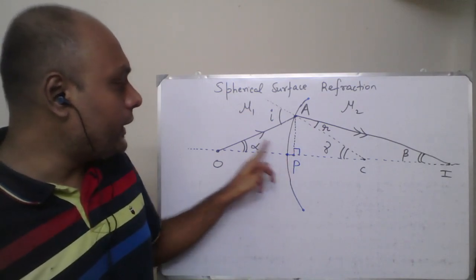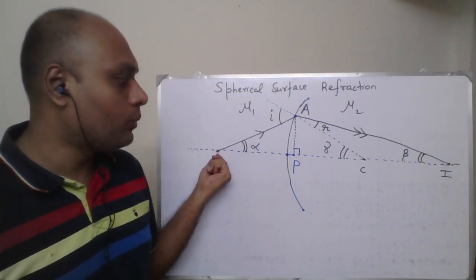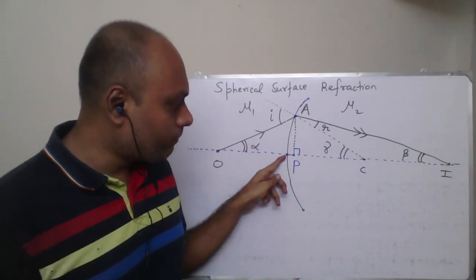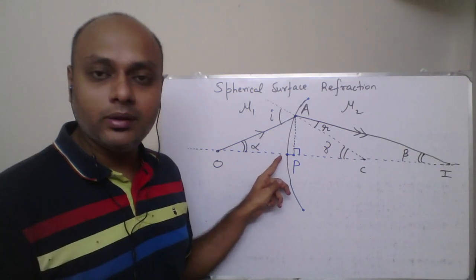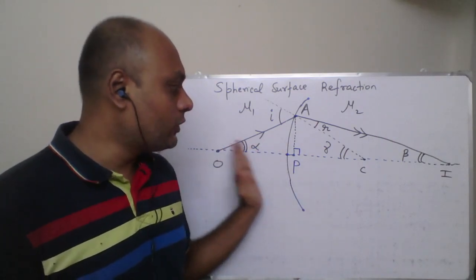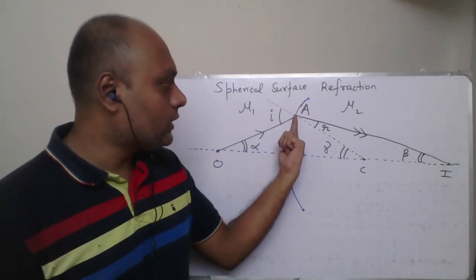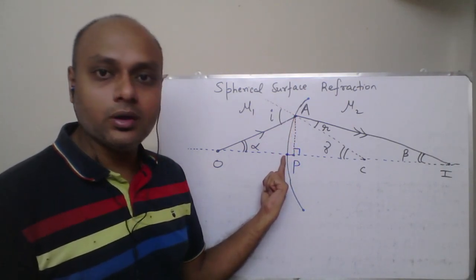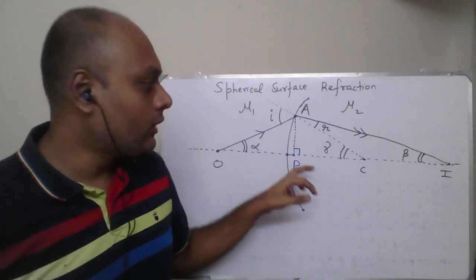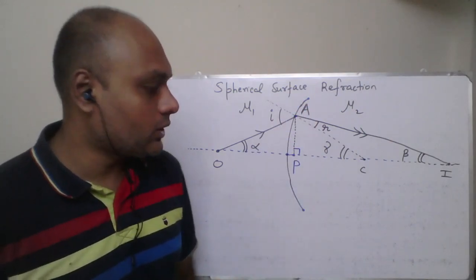So we are going to say that the distance PO is going to be same as the distance from the center of the arc to point O. Right? In the expression which we have, we make the measurements from the center of the arc. So whether you make the measurement from the center of the arc or from point P, the distances are going to be same. The reason being that the aperture is small. Since it's a small aperture, I can assume that P and the center of the arc are coincident points. So just note that you have to mention that the center point of the arc and point P are coincident points because the aperture is small.